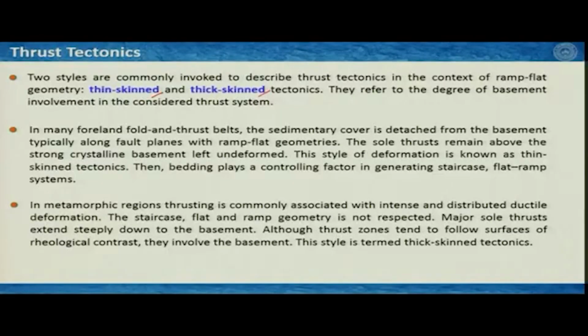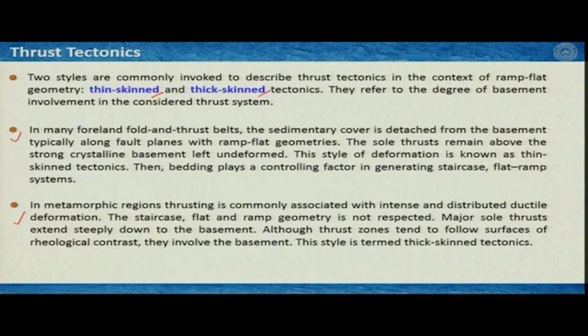They mostly refer to the degree of basement involvement in the considered thrust system. So the descriptions are given here, what is thin-skinned and what is thick-skinned. In many fold and thrust belts, the sedimentary cover is detached from the basement. So you have the basement, that is, a metamorphic or igneous complex, and then you have sedimentary